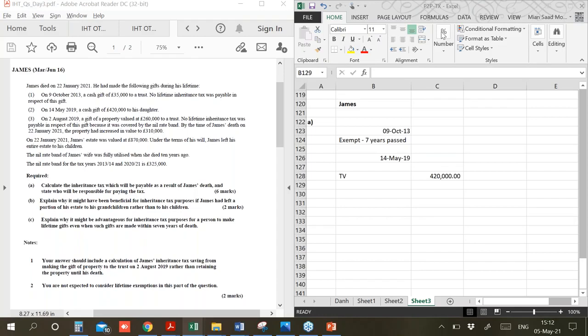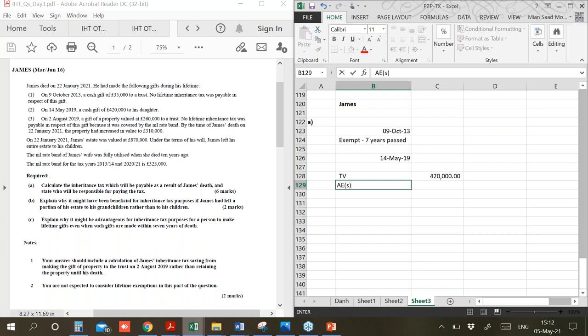So do remember, if the wording is "chargeable amount of that gift was this", it means the annual exemptions or the reliefs have already been deducted. But if it tells you the amount straight away, then you have to deduct the annual exemptions yourself. So I'll deduct AEs